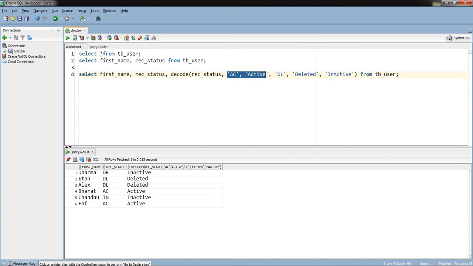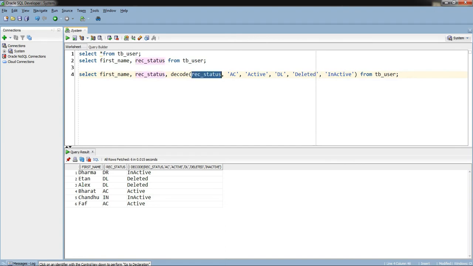One pair here, and this is one pair, but this one is alone. So it will check if this matches this, and whether any corresponding pair is there or not. If it is there, it will return it, and it will check for this one, and check for a pair. If it is there, it will return deleted.